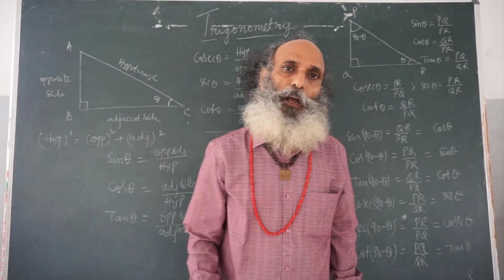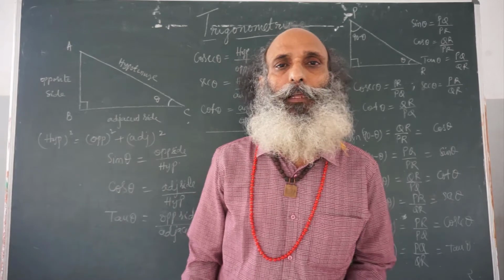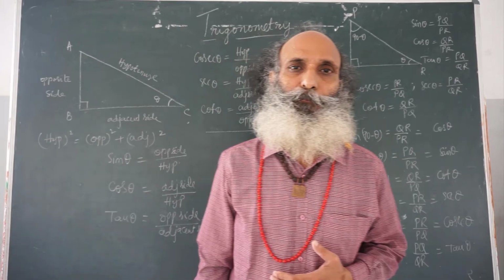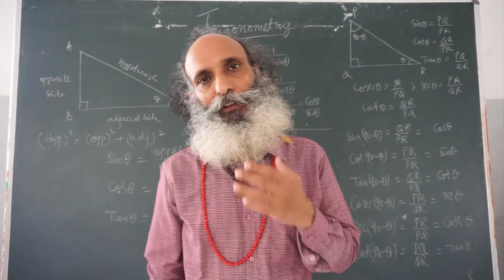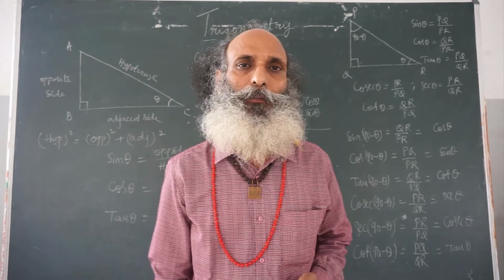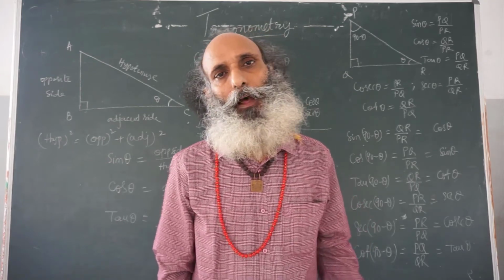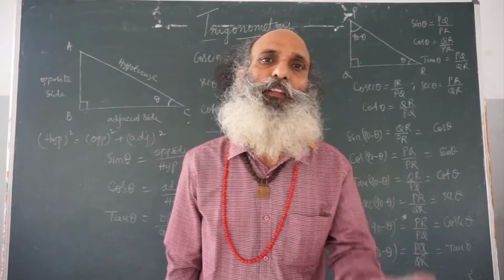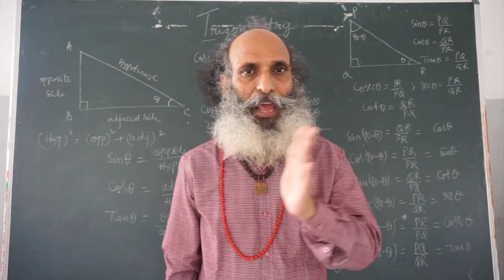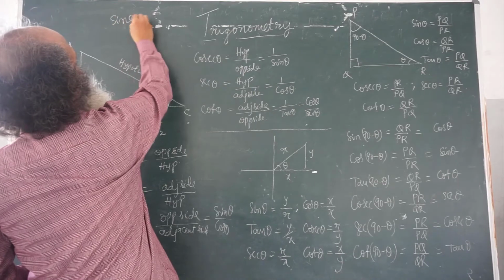Now, coming to trigonometry. In trigonometry, they say there are 6 trigonometric ratios. So, first of all, we will learn those definitions. In my opinion, in trigonometry, there are only 2 ratios. The other 4 ratios are the derivatives of these 2 ratios. What are these 2 ratios? Sine of an angle. Sine means S-I-N-E. Sine of an angle.